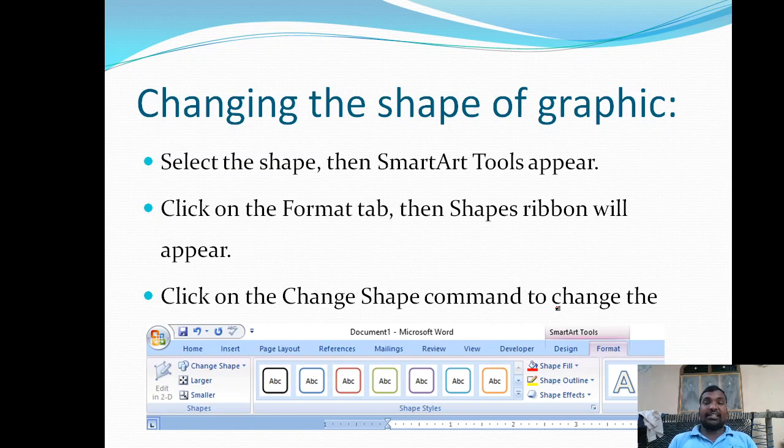Now, changing the shape of a graphic. If you want to change the shape of an already existing graphic, what you need to do is, first of all select the shape, then SmartArt Tools appear on the menu bar.